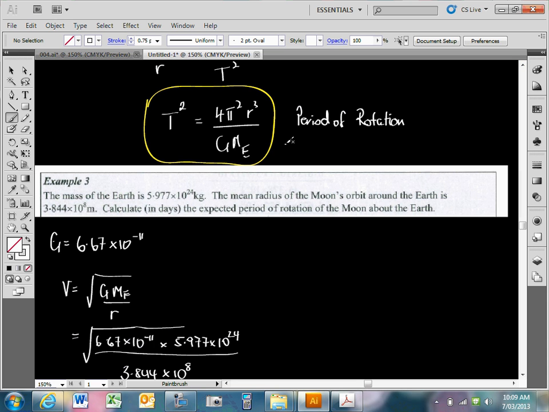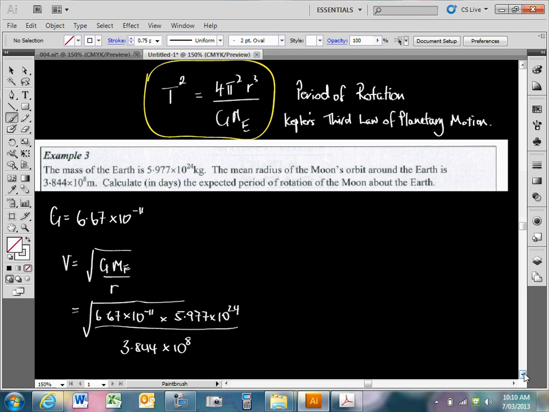Okay, Kepler's. That's good. Yeah, I didn't know that. There it is, deriving something that I didn't know the name of. Again,